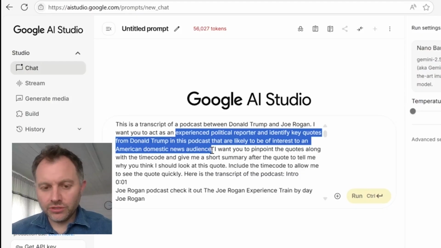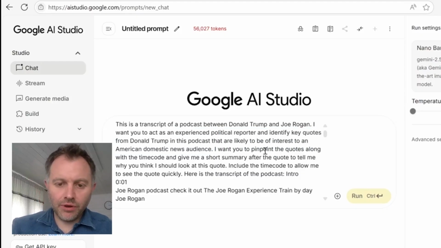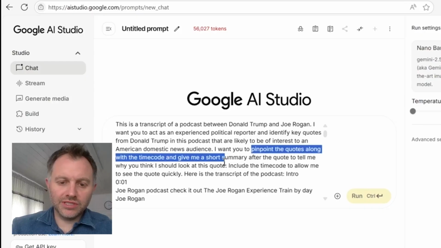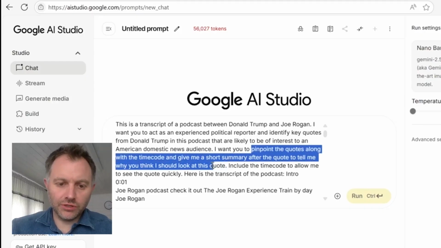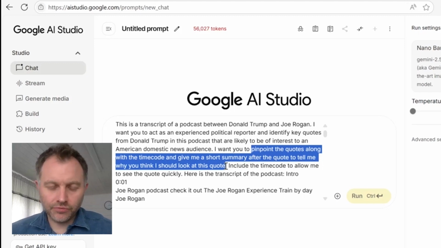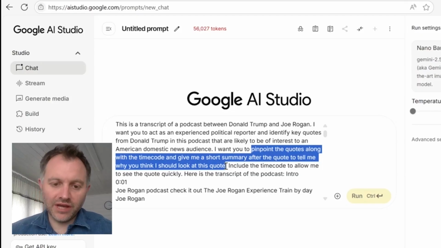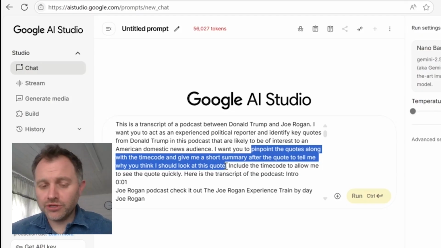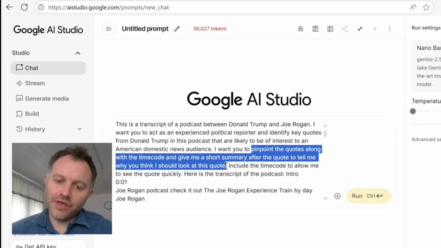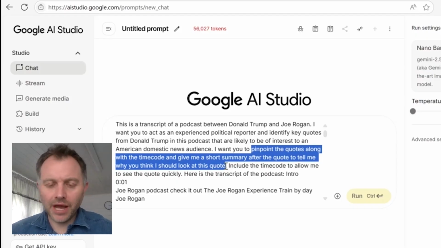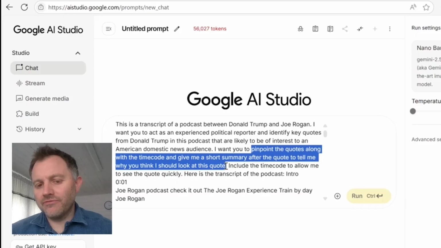So what I'm wanting out of this is for it to pinpoint the quotes using the time code, and a short summary after the quote to tell me why it thinks I should look at that quote. The time code's quite important because it means I'm able to search through the video, find the quote and validate it. The short summary could be quite useful as well because it might pick up on something that I'm not necessarily thinking about in terms of this interview,